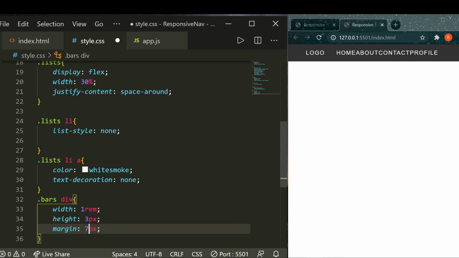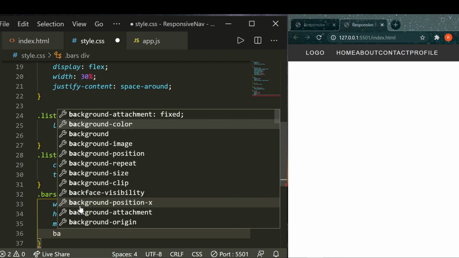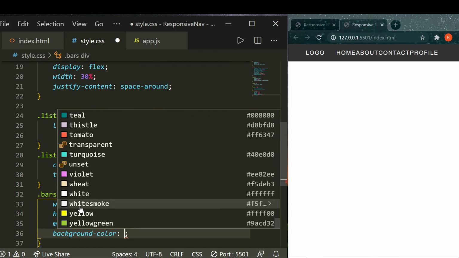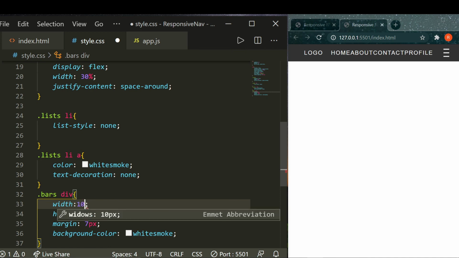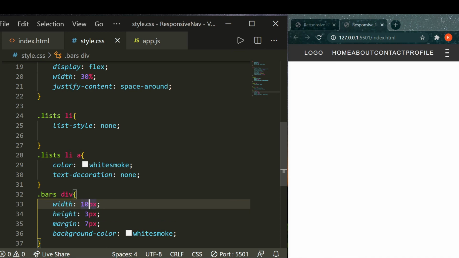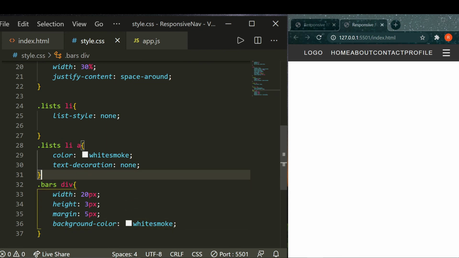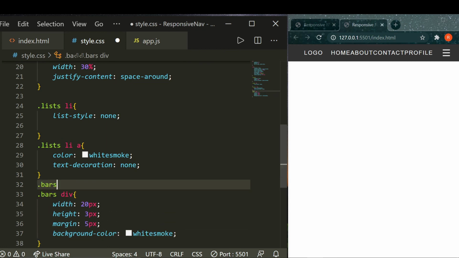Let us give this 7 pixels, and a background color of white smoke. Yeah, this is also visible, not exactly 1 rem, it will be in pixels only. So let us give these 10 pixels. Okay, 20 pixels. Yeah, and margin of 5 pixels. Cool, it is looking nice right now. And we will be having this as bars